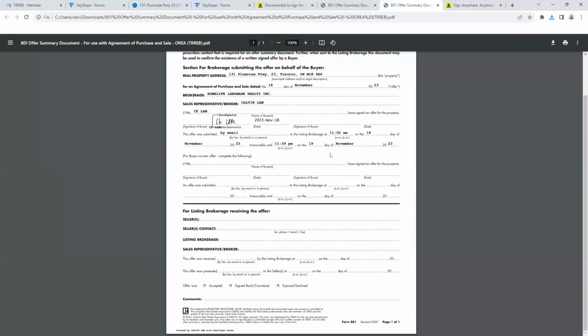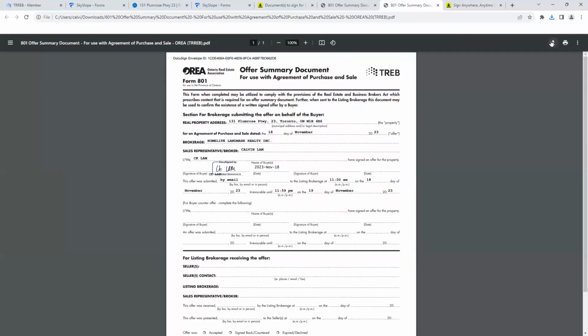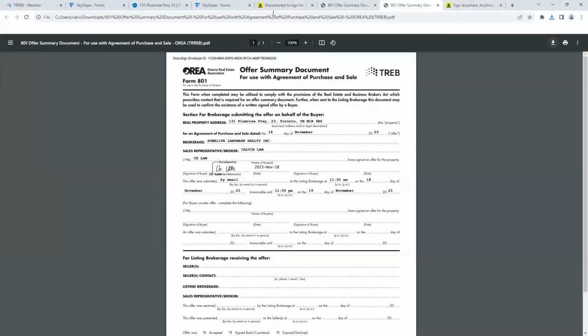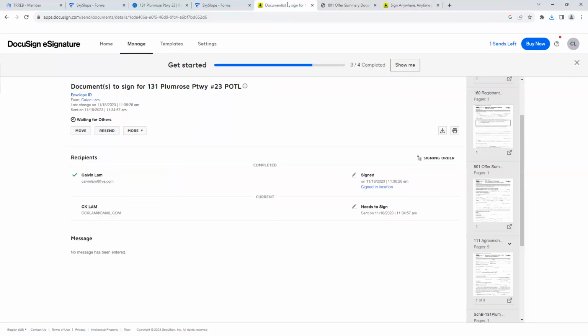Okay, this is the AO1 only, right? So use this one. Download it. Right? I downloaded it already. Okay. And then go to the broker bay and just register with that. Okay. So that's basically everything you have with the DocuSign. Now,